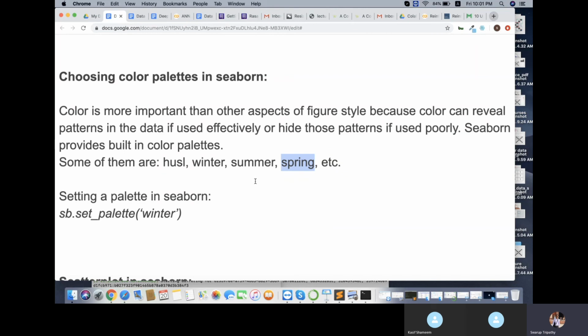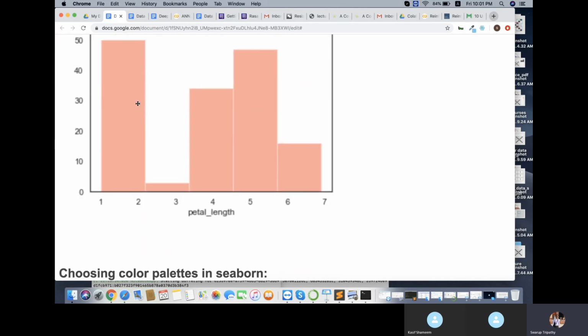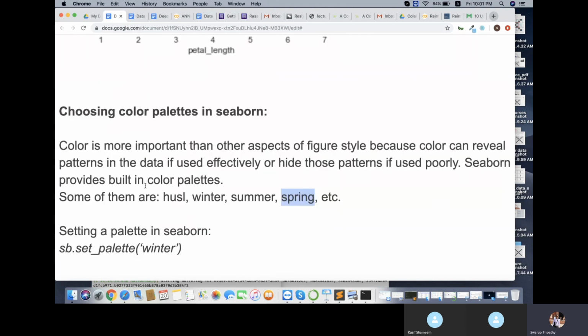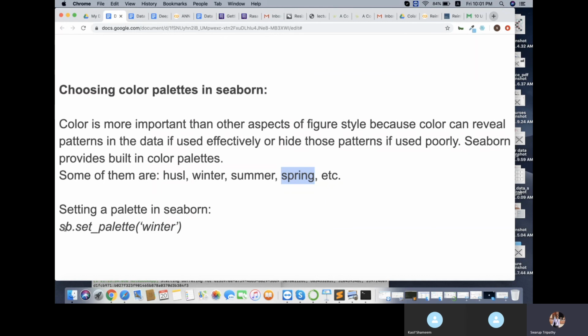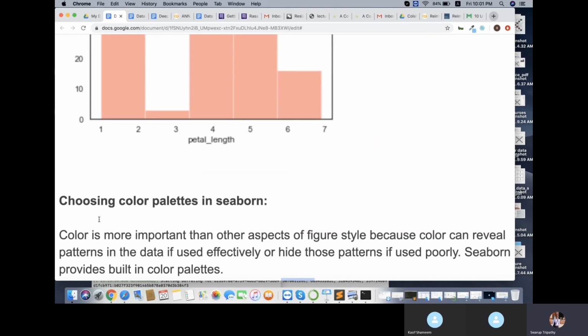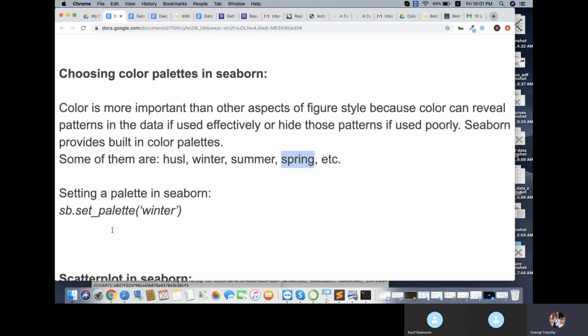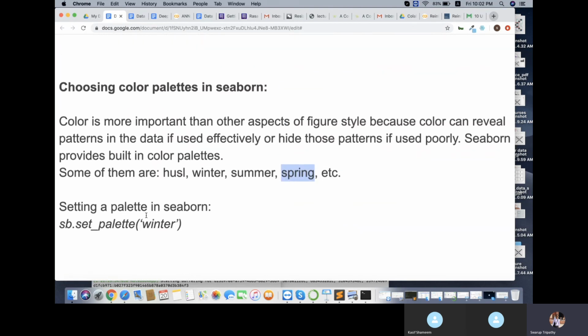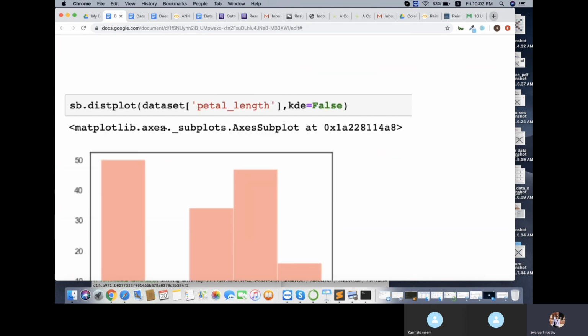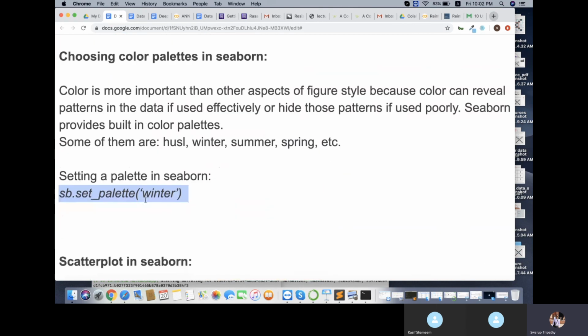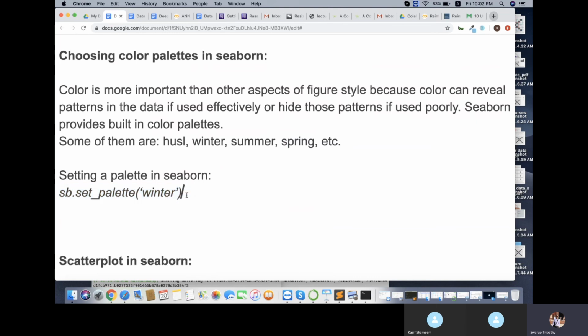Suppose I want to set a palette. In this graph, it looks red in color, and I don't want that color. I want it to be something different. Then here I have written sb.set_palette. On top of your graph, you can write sb.set_palette and give a palette name. Then it will use that particular palette for your graph. You first write sb.set_palette winter, then you plot the graph. Then you write the same thing, sb.distplot and all, and see what kind of graph you are getting, what color it's coming. Okay, just try this. You can also give spring or husl like that.